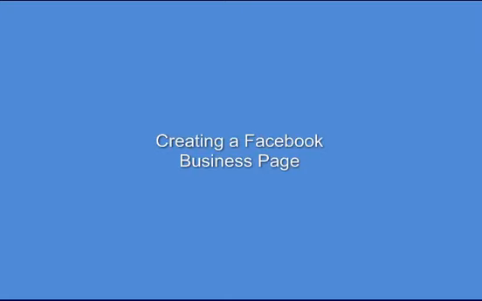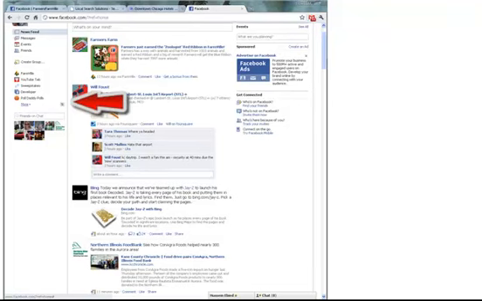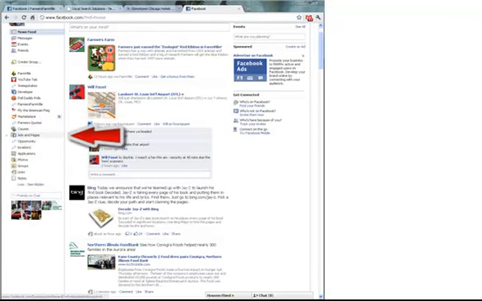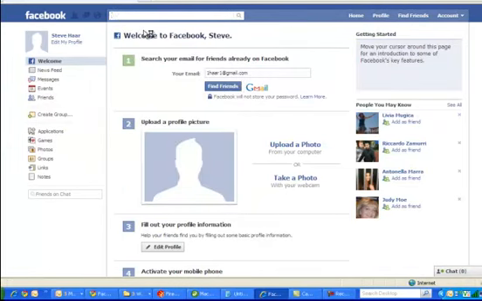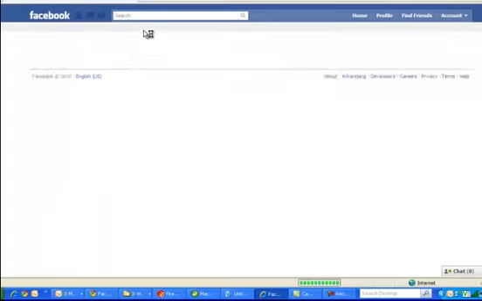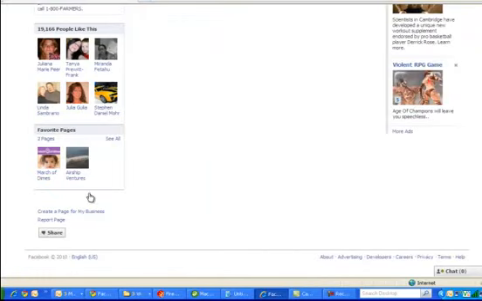If you take a look at your Facebook screen, on the left-hand side, you will either see a More option or Ads and Pages. If you see the More option, click on it and you will be able to then see Ads and Pages. Now, occasionally Facebook will not show this option on the left-hand side, and if that's the case, another way you can get to it is by doing a search on Farmers Insurance and go to the Farmers Insurance page, and then scroll down, and at the bottom you will see Create a Page for My Business. You can click on that. Any of these methods will get you to the same location,